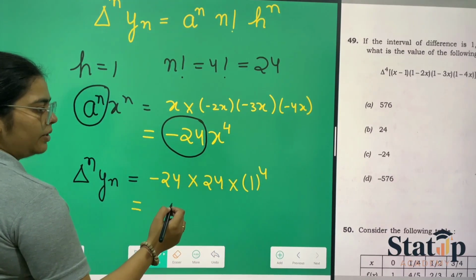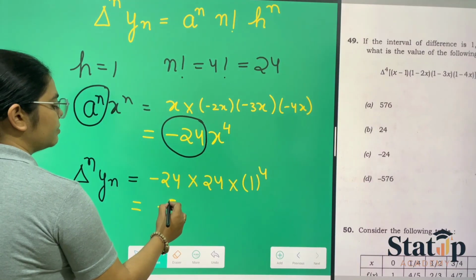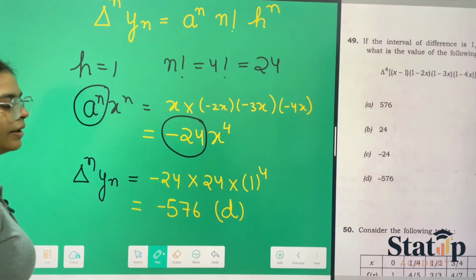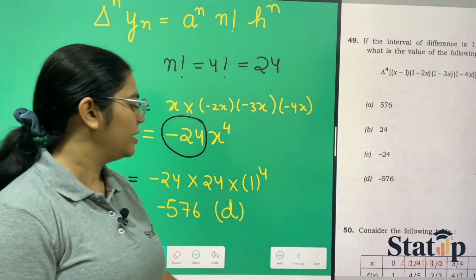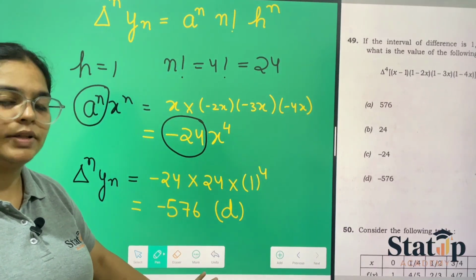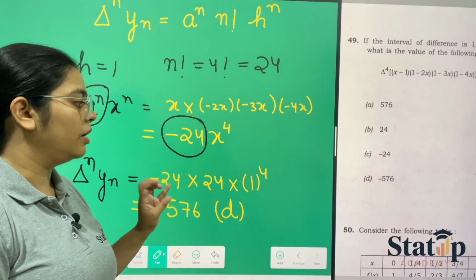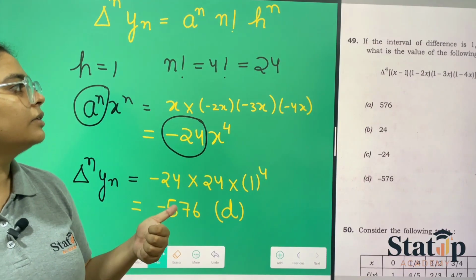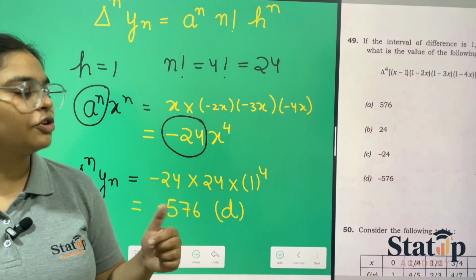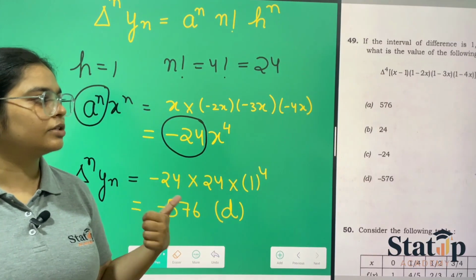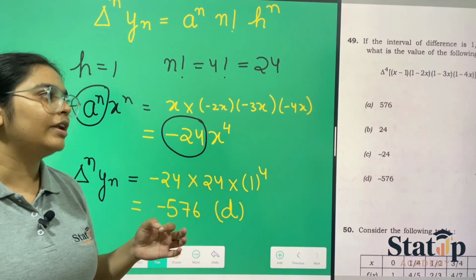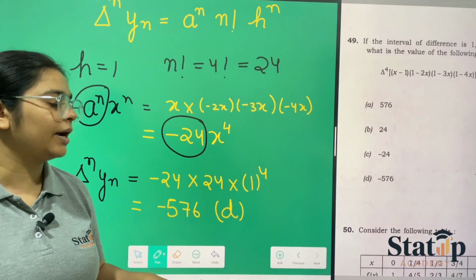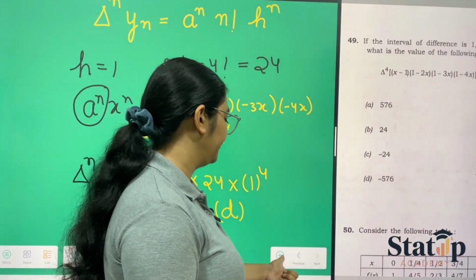So 24 minus 24 into 24 will give us minus 576 as your answer, which is option number D. D is the correct option for this question. If you know this trick, then only you can solve this, and we have done this in the explanation of the numerical analysis portion as well, and in the implementation in the revision series also we have done this kind of question, and this is also one of the PYQs. So we have done it in very detail in our series. Those who have done the series might have found it very useful in the examination.